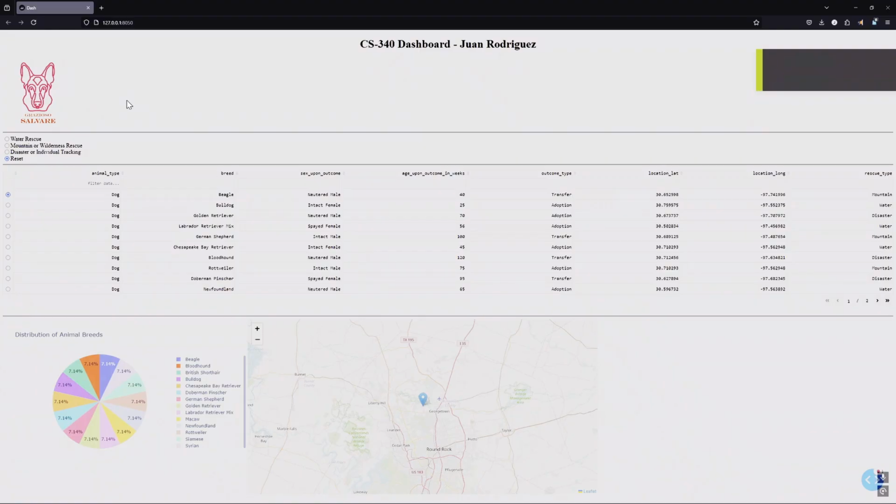The Animal Shelter Dashboard is a Python-based web application that integrates MongoDB, Dash, Plotly, and Dash Leaflet to filter, visualize, and map animal shelter data. This project was developed in CS 340 and enhanced, and it showcases my skills in database integration, data visualization, interactive